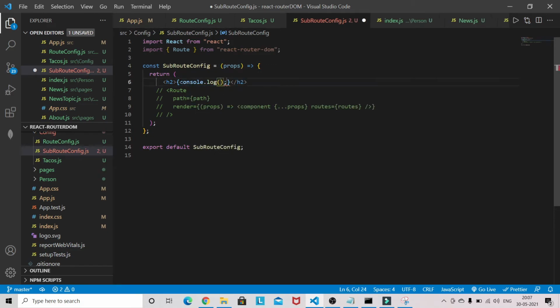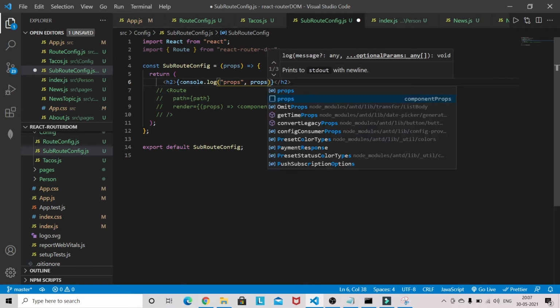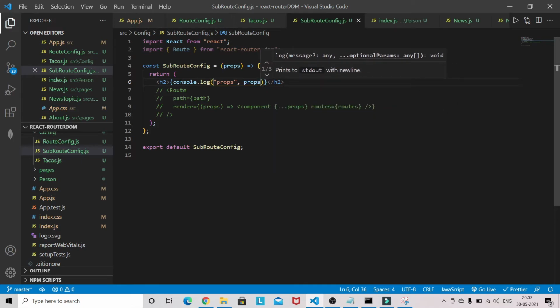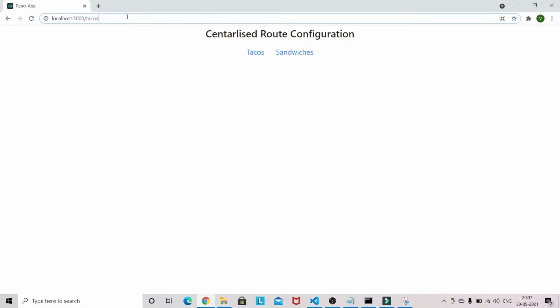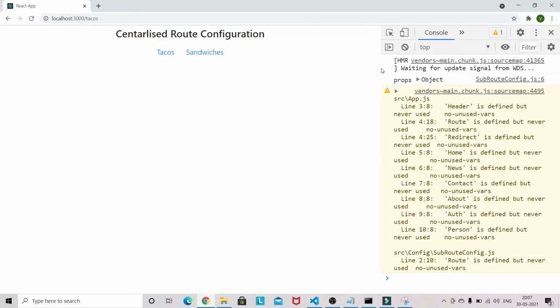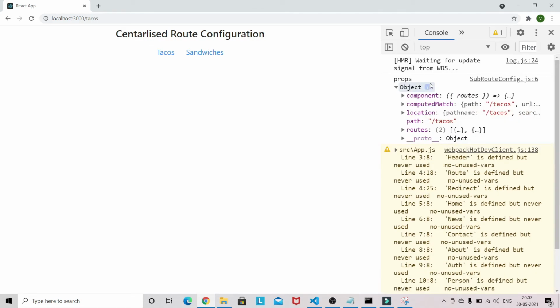I will do a console log here. Something wrong is going on, so let's see the console. Okay, we are getting the object.